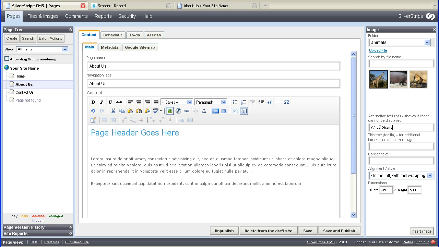giraffe. Now the next section there is the title text or a tooltip, and that's the text that comes up when you hover over an image with your mouse. So we're just going to basically make that the same as what our alt text is. Okay, so Africa